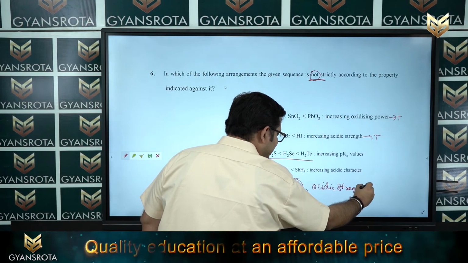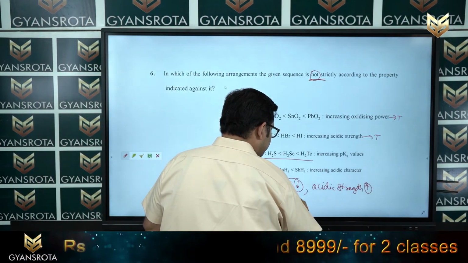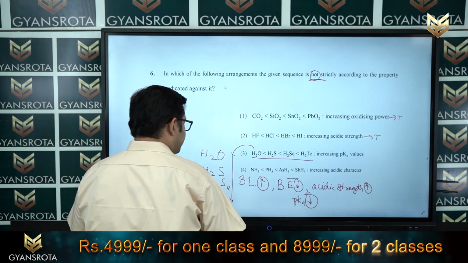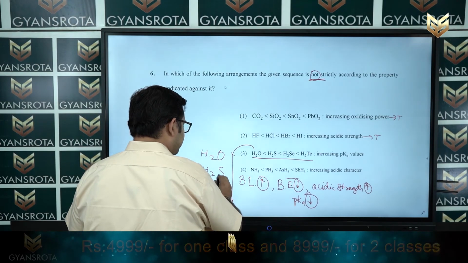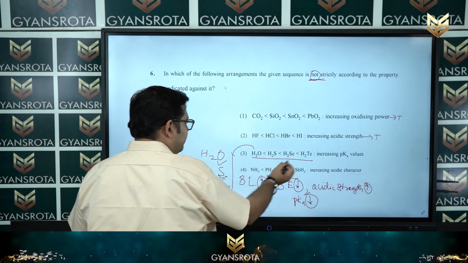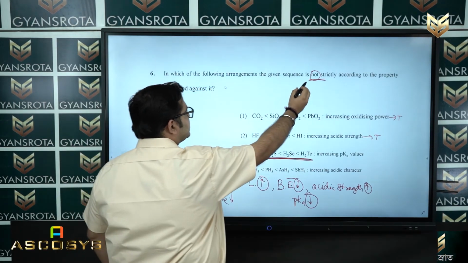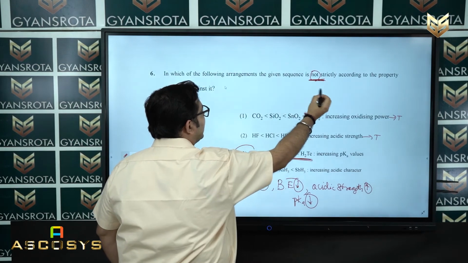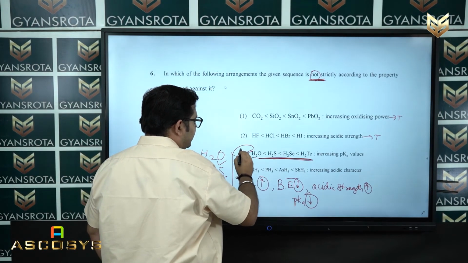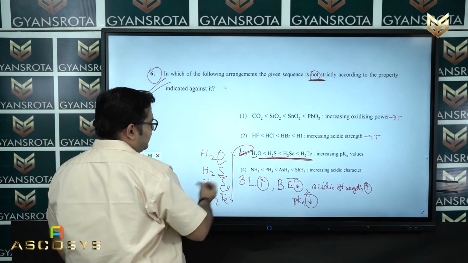When acidic strength increases, the pKa value should decrease. So what is the decreasing value of this and this, but they have given you the opposite order. They ask which is not strictly according to the property indicated against it. So option number 3 is the correct answer of question number 6, because if you see down the